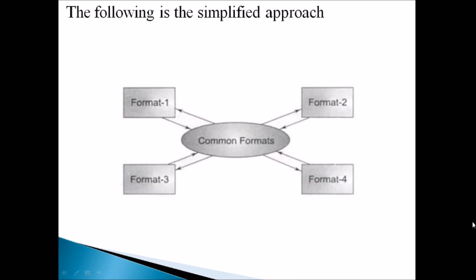The document should be converted from one format to another format, isn't it? So now we said the company proprietary format should be converted into common format while they want to transfer the data over the internet, isn't it? So here the formats are proprietary formats for different companies. So this is the common format. So format 1 will be converted first to the common format, and then they can transmit to any one of the companies. So again they will convert into their respective format, and while they want to share their document to other companies, the same process will go on.